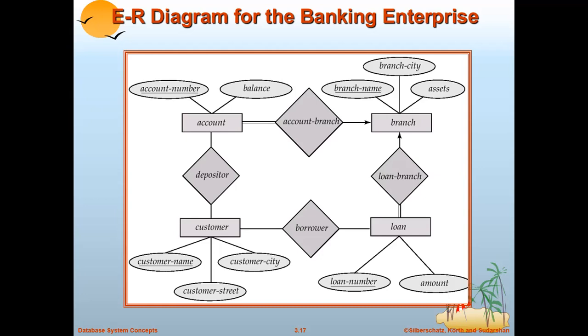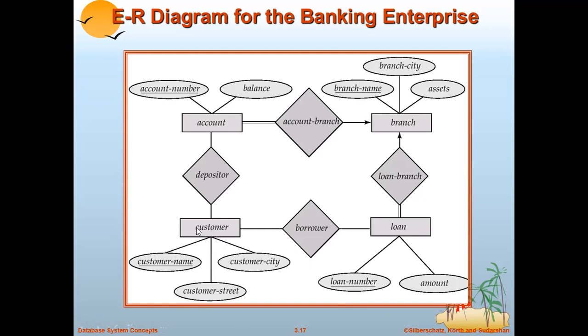We'll take banking as an enterprise example, and we will represent each and every relationship set present in a bank. A very simple example we are going to understand. So first relation is customer. You can observe the ER diagram of the banking enterprise, and customer, as it is a relation, is represented by a rectangle in the ER diagram.